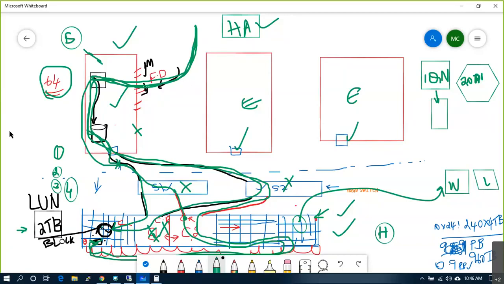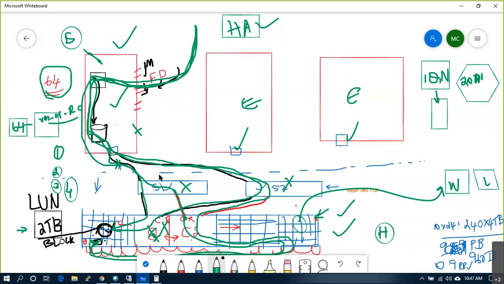So you take all the 64 IQN numbers and create one logical name called VMware US Production Cluster 1. That is the logical name. Inside that logical name, you put all the 64 host IQN numbers.